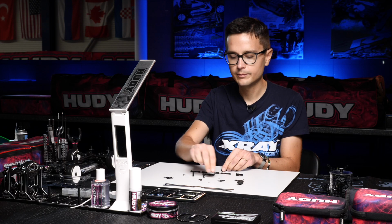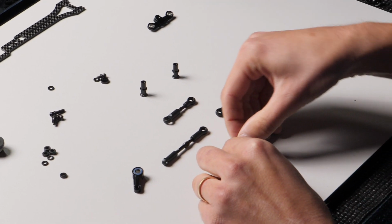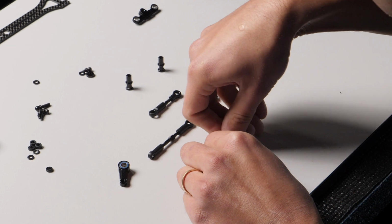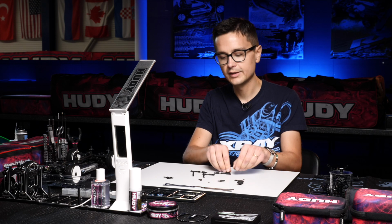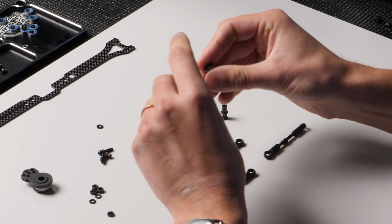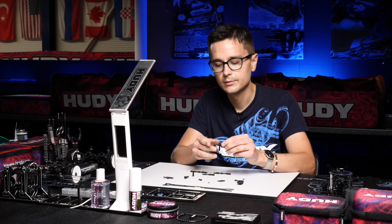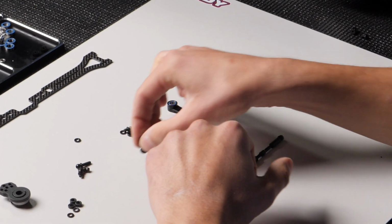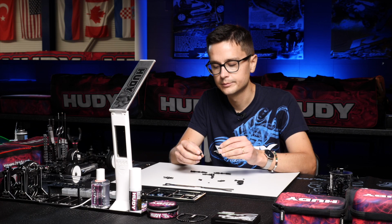Put the bearings in there. So always put these shims in before you put on the outer bearing. When that is done, you can put them on the little steering posts. Make sure they have free movement. Same goes for